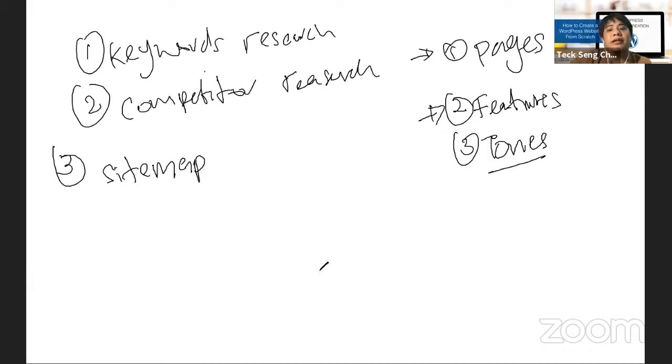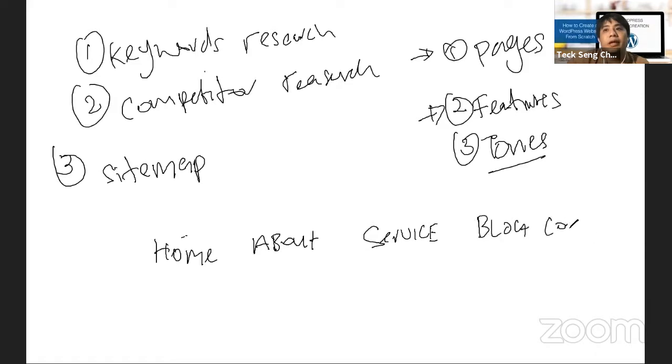Now, what exactly is a sitemap? Sitemap is basically a full view of what pages you will be building on your website. Usually for sitemap, you can actually draw your sitemap straight away. You will usually start with home, about, service, blog, and contact.